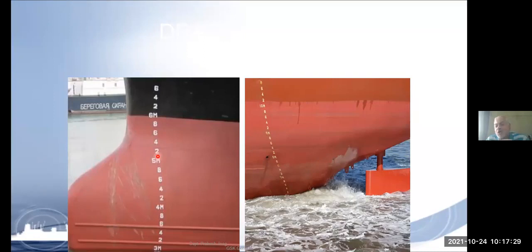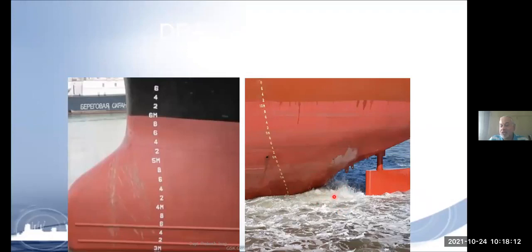Now on the hull of the ship, the draft is marked at 6 locations. One location is forward. This is the forward location. This is forward port, and the other side is forward starboard. So on the right hand side and left hand side of the ship, you have these draft marks painted. Then another location where draft marks are painted is at midship. Midship means the midpoint of the ship. Suppose the ship is 100 meters in length, then at 50 meters, port side and starboard side, outside on the hull, the draft marks are painted. And again, this is the stern area of the ship.